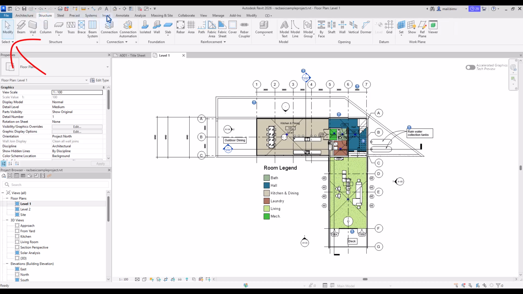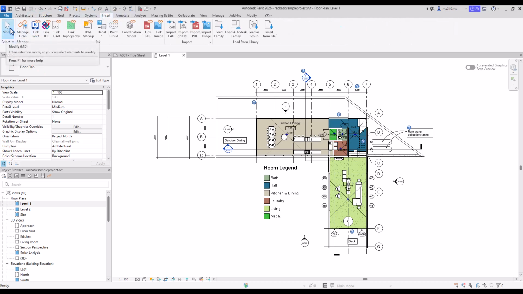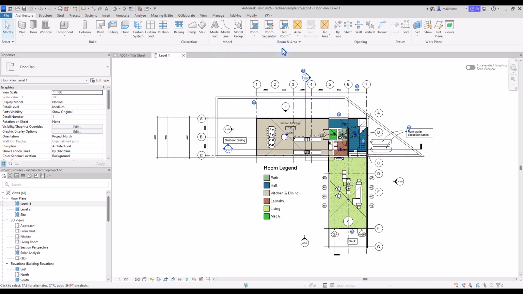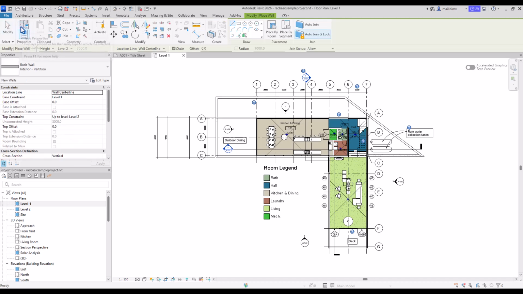So if I switch between tabs, I can always access this tool. This is there because we use it very, very often. Some additional functions may appear on the ribbon when we are in the command. So if I, for example, activate wall tool, I'm redirected to modify tab, and next to the default tools, I